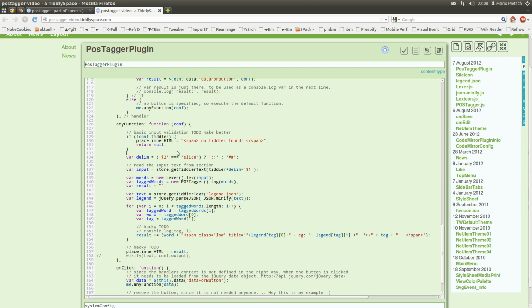The delimiter is section only at the moment, and we need to get a store from config tiddler plus delimiter plus config section.